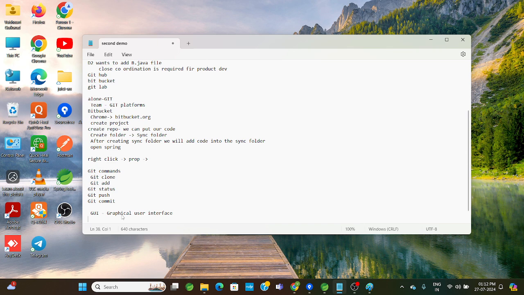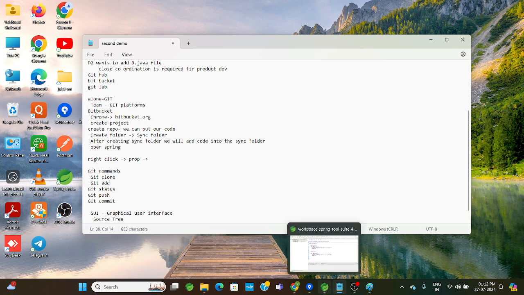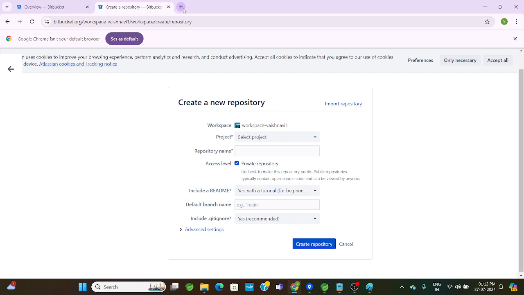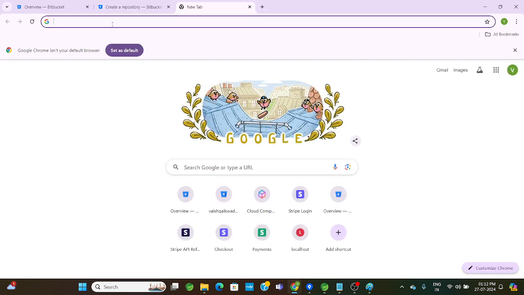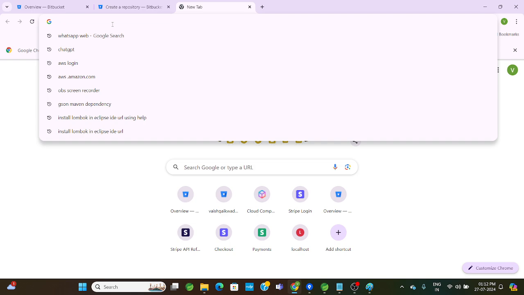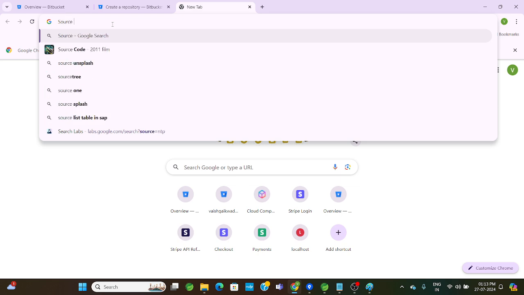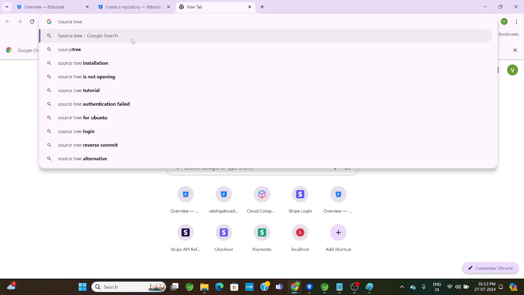And the tool for this graphical user interface which we are using further is SourceTree. So how to install SourceTree? Just go to the browser and search for SourceTree installation